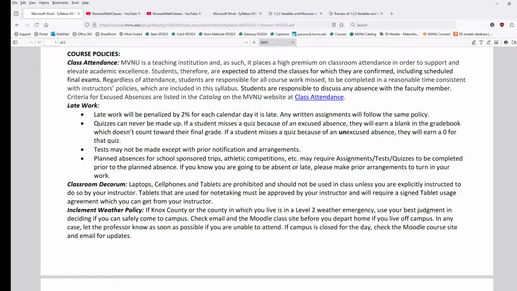On your little cardstock, I have some pretty brief versions of this. But basically, class attendance, don't skip. And if you do, communicate. But the larger story is there's a policy that's university-wide. I'm required to take attendance, apparently by federal law. It's because of how we're classified in terms of educational institutions. But that's neither here nor there. Our policy is that if you miss 3 full weeks of classes, so for us, that would be 3 times 4, 12. If you skip more than 12, so 13 classes,